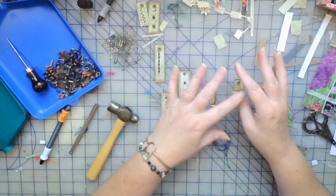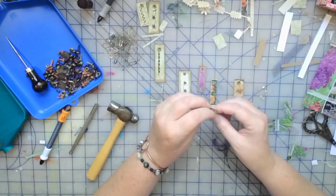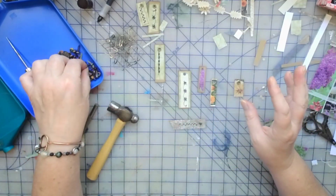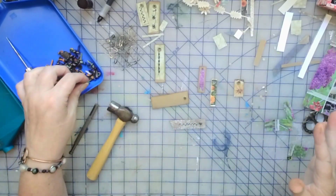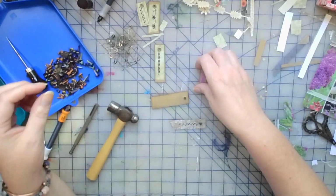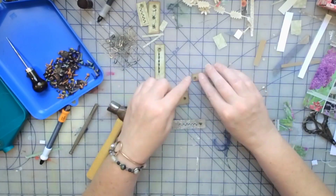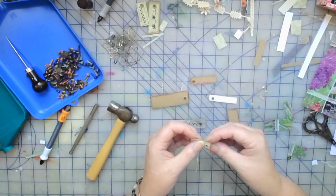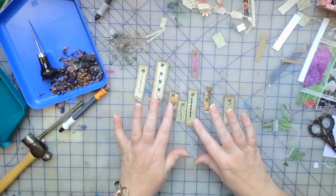I am going to put eyelets in all of these, and I will come back when I am done banging and hammering, and I have all these eyelets set. My neighbors are going to think they live in a construction zone, but through the magic of YouTube, I will be right back when I have eyelets to save your ears. Okay, as promised, I am back and all of these eyelets are set, and we have